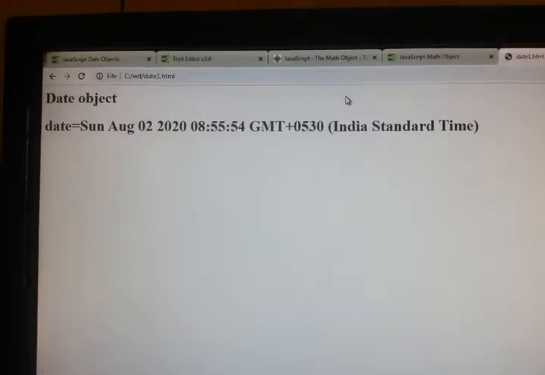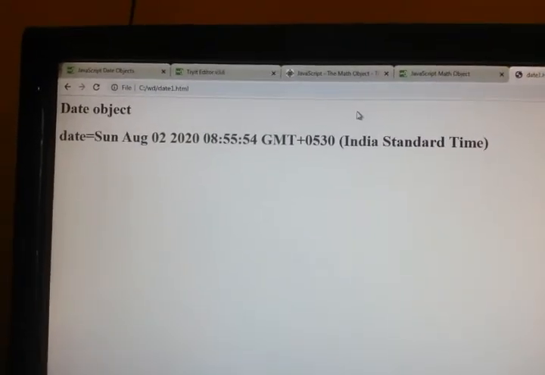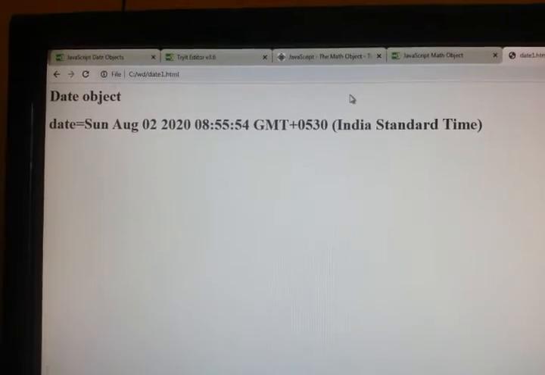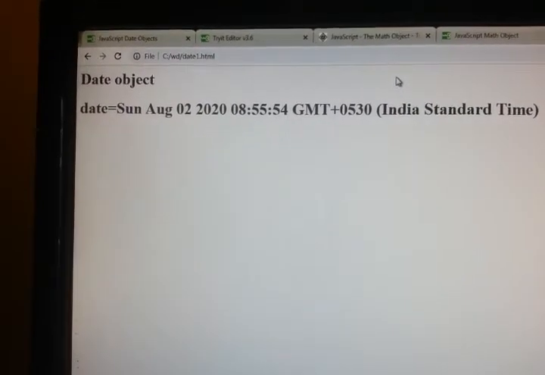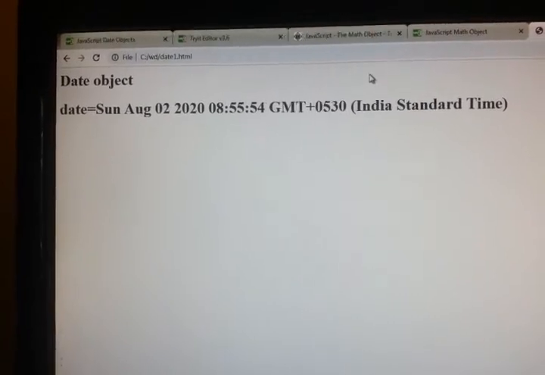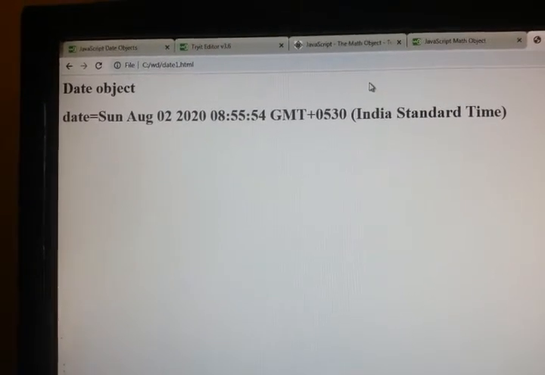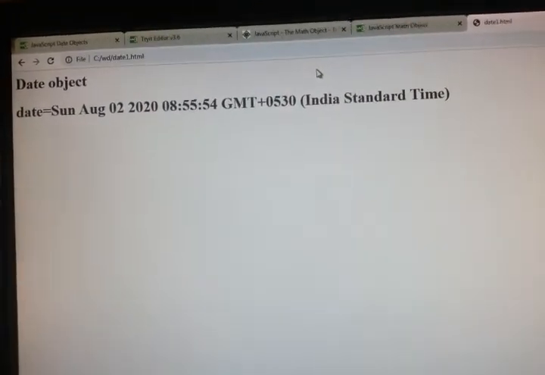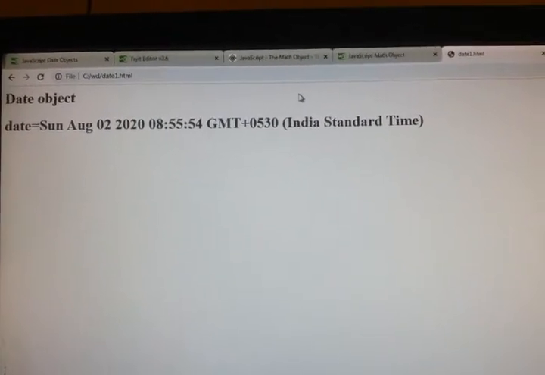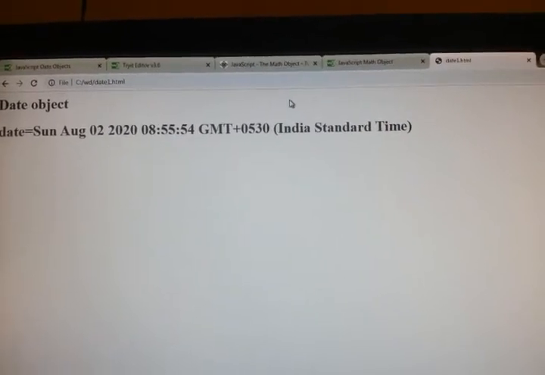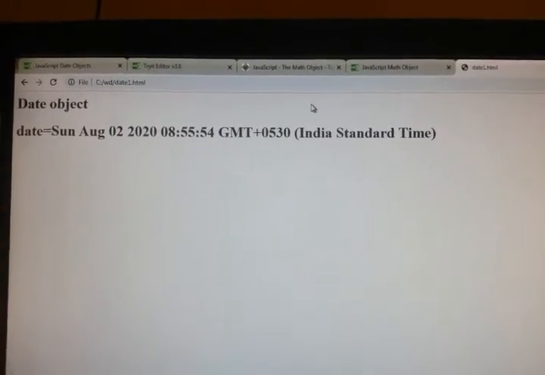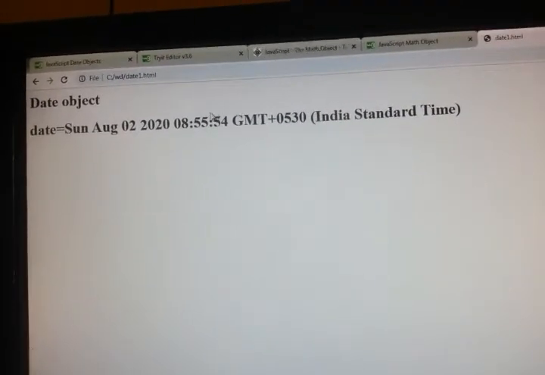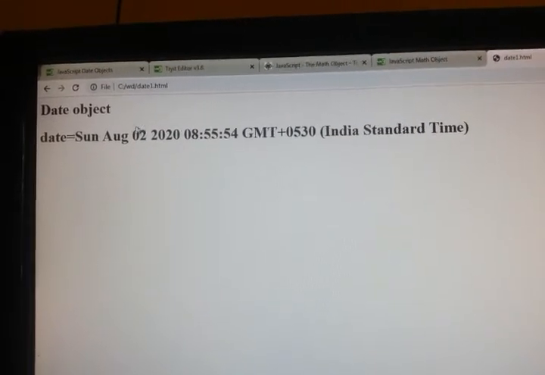Date object is used in h1, so I got it. So when I created an object to date and I am printing, I got today's date, Sunday, August 2, 2020, 8:55:54 seconds GMT plus 0530 Indian Standard Time. So complete date we got.